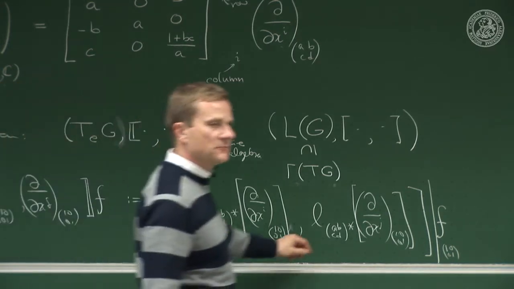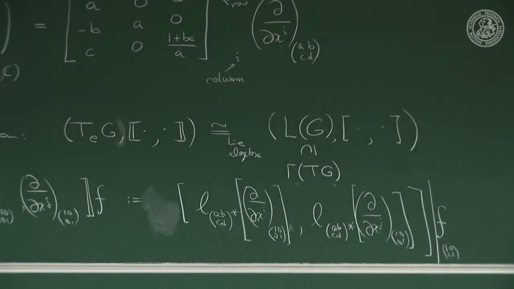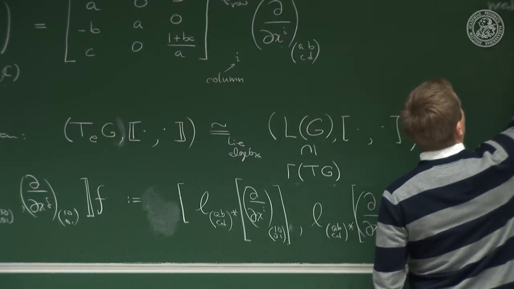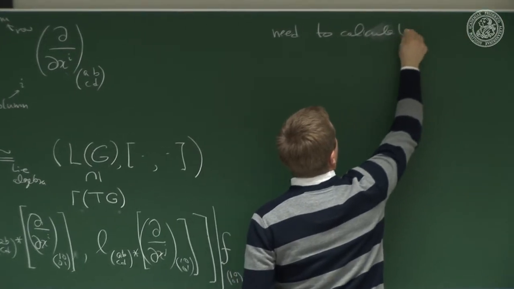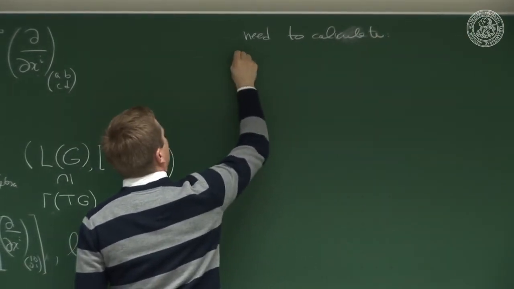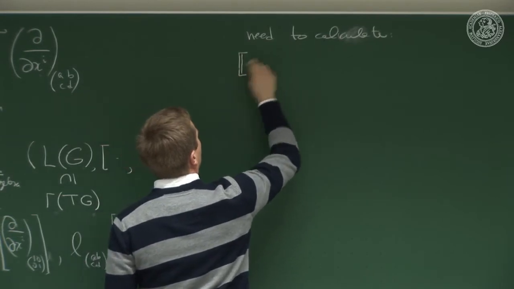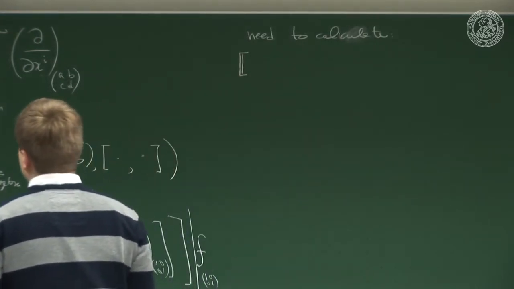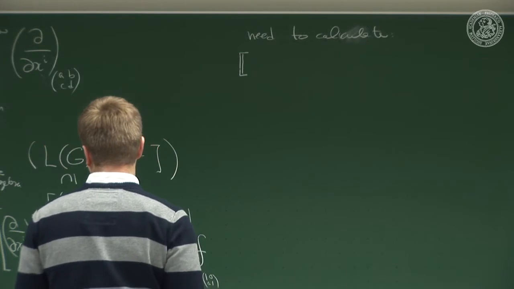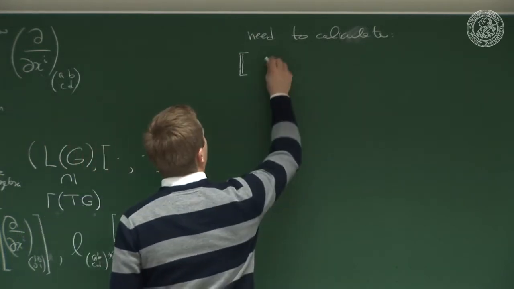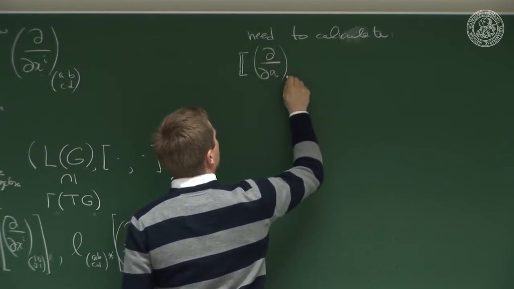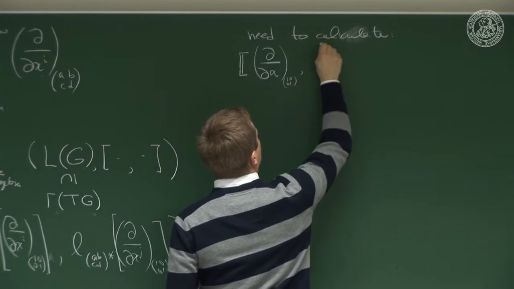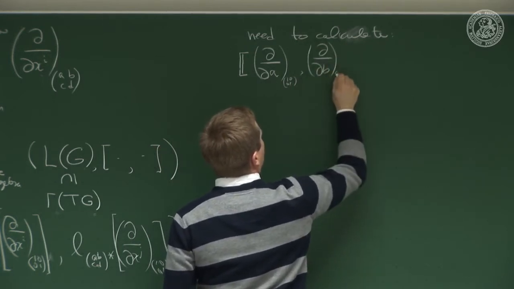So unfortunately at this point there's no better method than to just carry through the calculation. So we need to calculate the following three brackets. We need to calculate the following brackets: d by dA at the identity with d by dB at the identity,